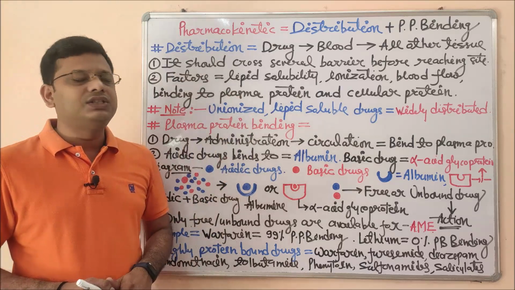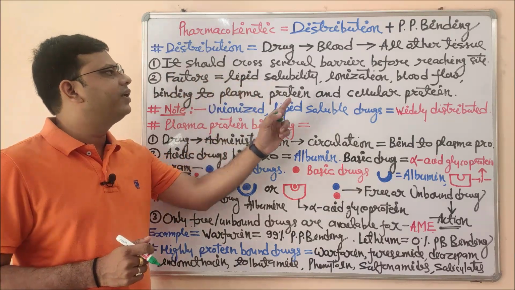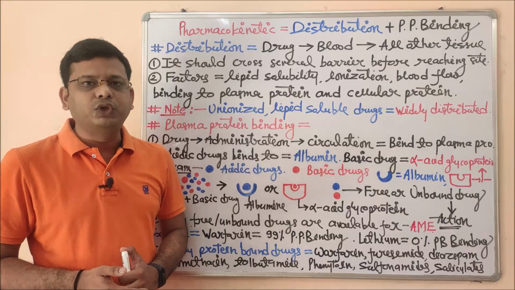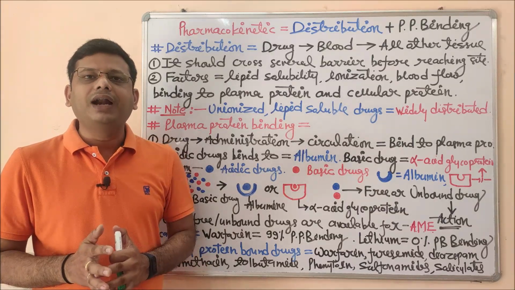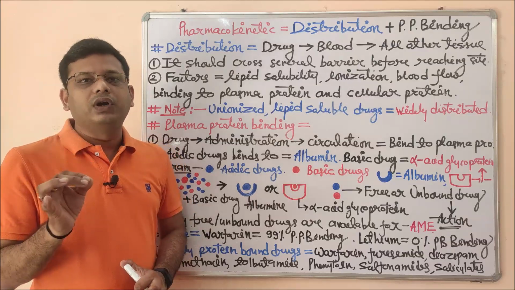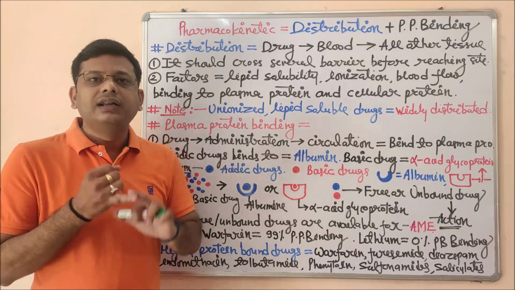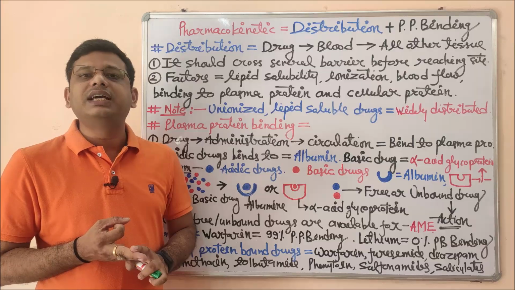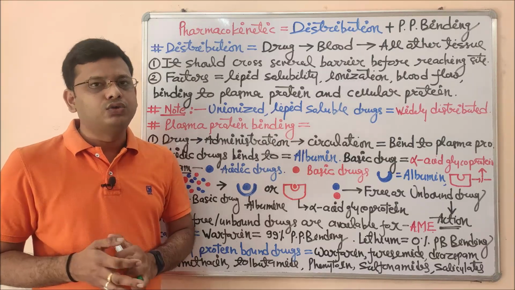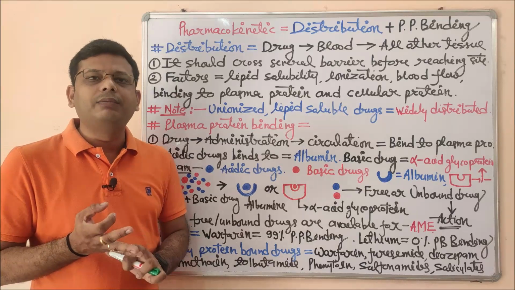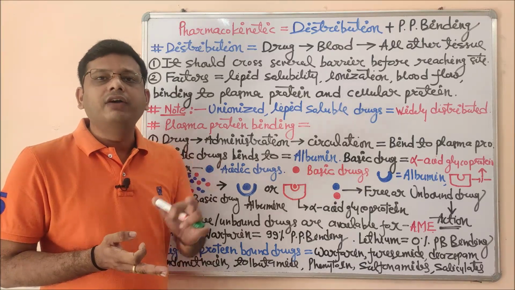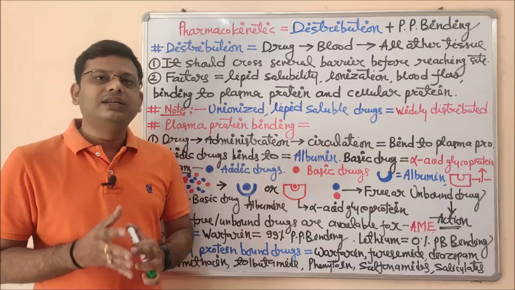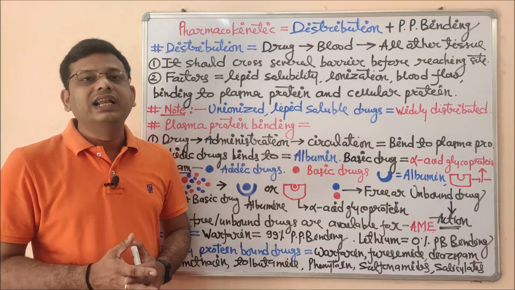Coming to the next point under distribution, the second point says the drug should cross several barriers before reaching the site of action. There are many biological barriers we have seen in the case of absorption, and to achieve distribution throughout the body, the drug should cross different biological barriers like the blood-brain barrier, blood placental barrier, and blood testis barrier, so that it reaches its site of action according to its lipid or water solubility. These 3 barriers are very specific barriers. Specifically, the blood-brain barrier is a tight junction of cells. They allow only those drugs which are highly lipid soluble.